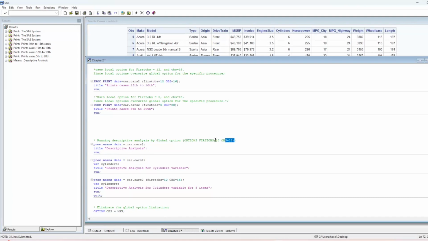So we have it from the first observation 10 to the last one, 18. And this time I would just put VAR as a keyword, and I just want to see the cylinder. So this time I change the title to descriptive analysis for cylinder variable. So if I run it,